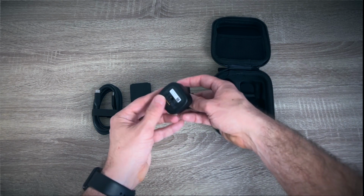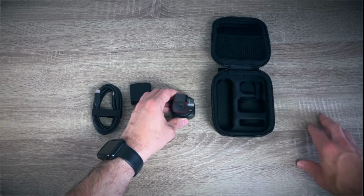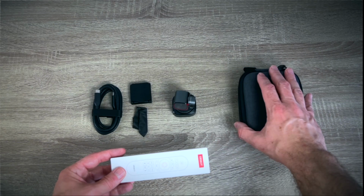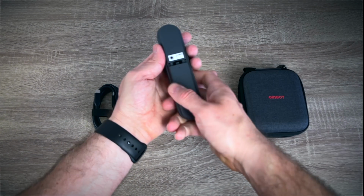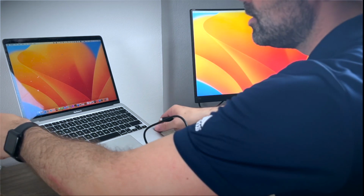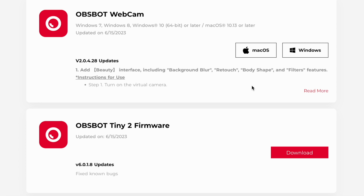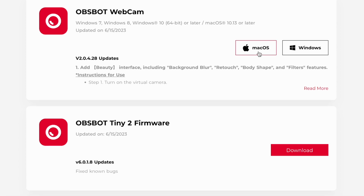Speaking about Tiny 2, this product feels premium and it does pack a little bit of weight. That's a cute little baby robo camera. OBSBOT also sent me their tiny remote controller too, which essentially is a presentation clicker and, as expected, a webcam remote. Setting it up was no big deal. In order to utilize its potential, I've installed the OBSBOT webcam software, and since I've been offered to upgrade its firmware,